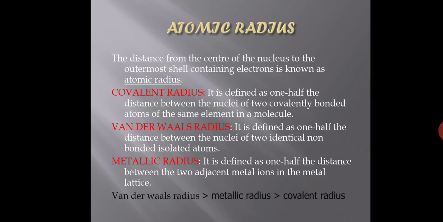So, what are the difficulties involved in finding out the atomic radius? For example, if I ask you to find the radius of a ball, a cricket ball or a football, from the center you will measure the distance to the outer surface of the ball. You will say, sir, this is the radius. Correct? But is there any precise boundary in case of an atom?